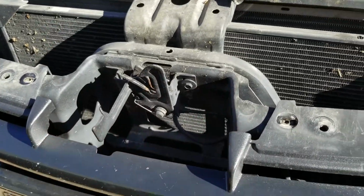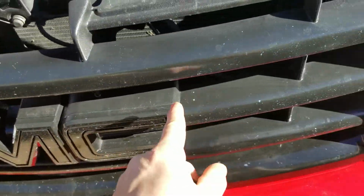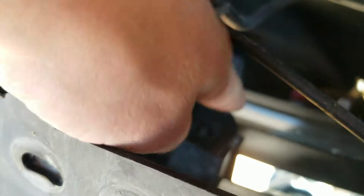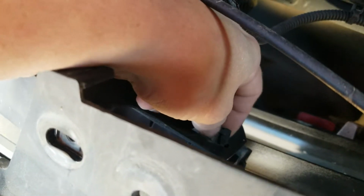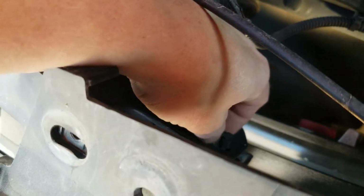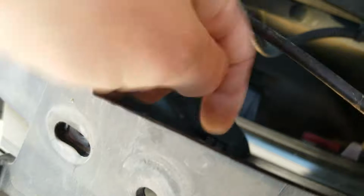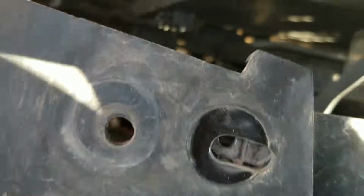In order to loosen it up all the way, there's a clip behind the G and a clip behind the C. I'll see if I can show them to you. Right down in here, squeeze this clip together with your pliers on the bottom or the top, then pull on your grill and it should pop loose. And then on the other side,